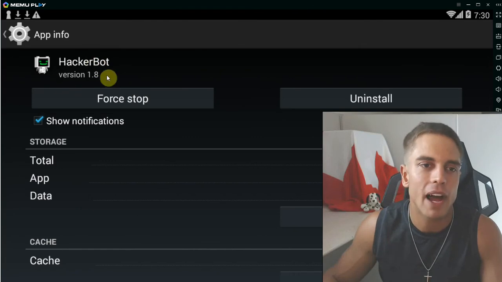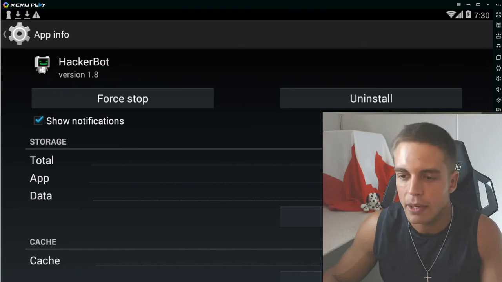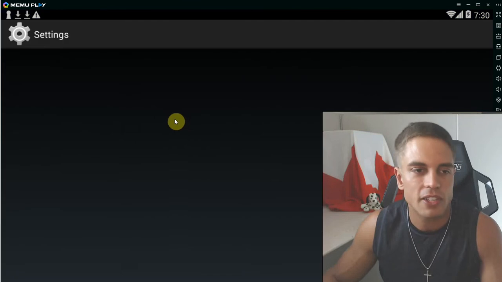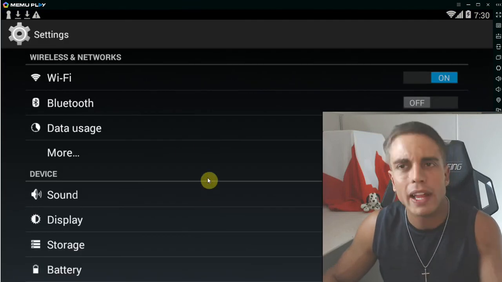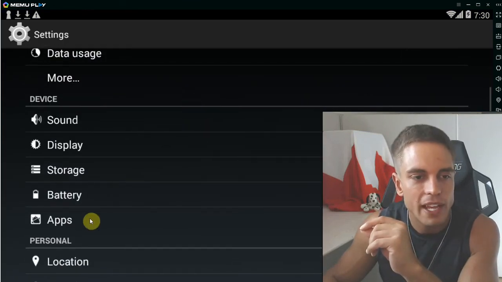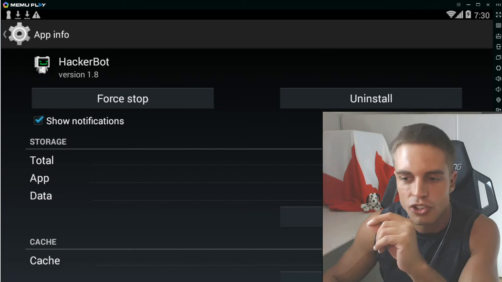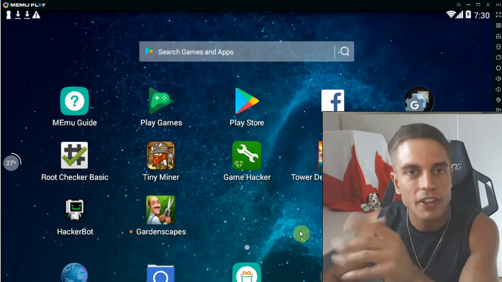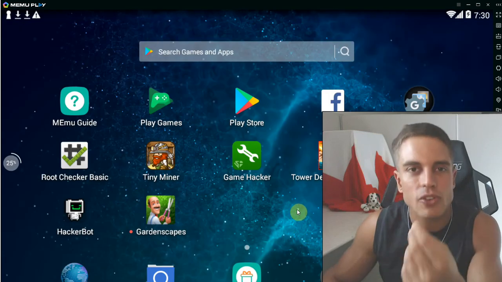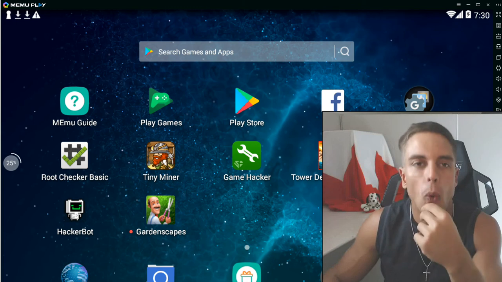As you can see, HackerBot has version 1.8 at the moment. The other way to do it, which will work through all Android devices, is, for example, under apps: you go to HackerBot, and you'll see the version here. Now for other devices, if you're not doing this on Android, if you're doing this on iOS or PC